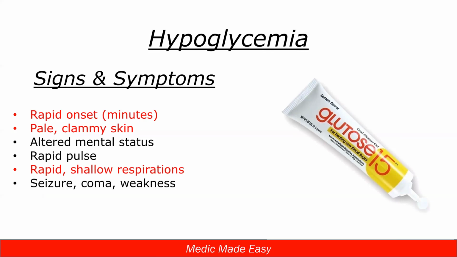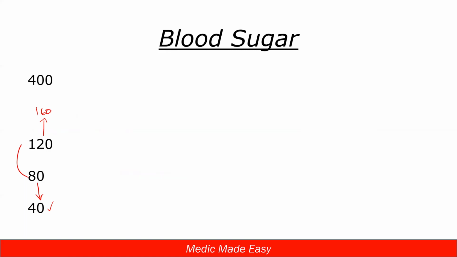So getting into hypoglycemia is kind of the easy initial one. It's the more critical one, right? And when something shows up more quickly, right? So let me just go back to our blood sugar. When we go on the low end of the range, that's usually where we get more involved as EMTs and paramedics. When we go too high on the range, because it usually takes a longer period of time, it's usually a little bit safer for us to not do anything and just recognize that there's the issue and get them to the hospital.